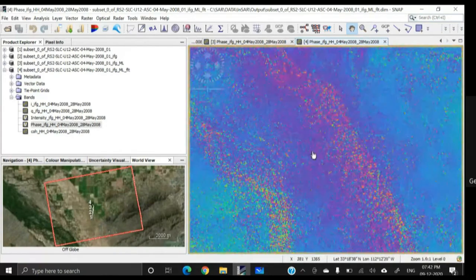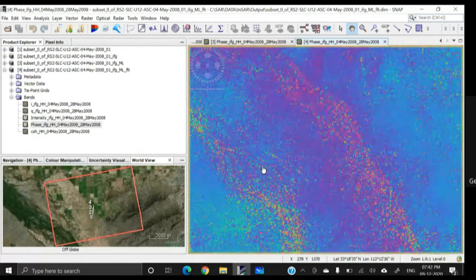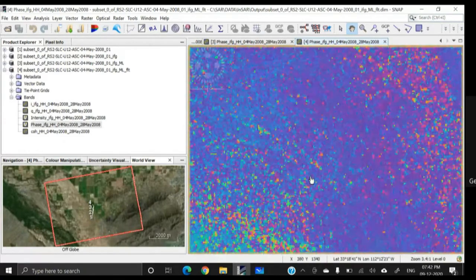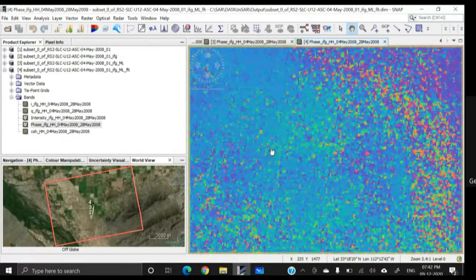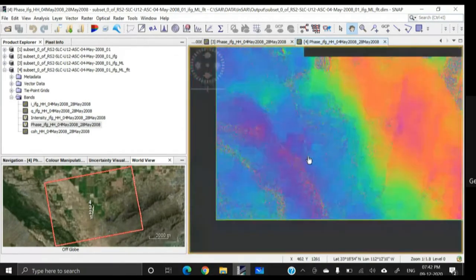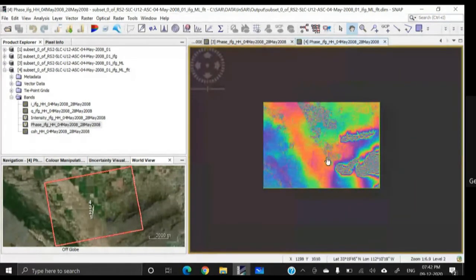Noise means here I am referring to random variations in the terrain. Terrain does not vary like this. But here it happened. Anyway, this is still a better image.